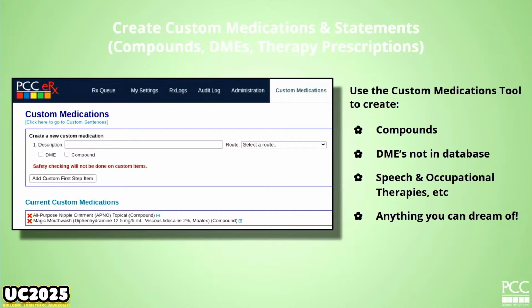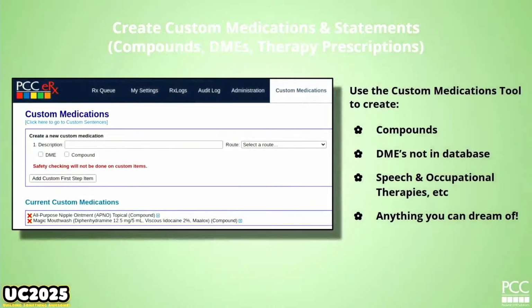I will gently interrogate you with what ingredients you like, because if you say nystatin, I'll say, well, there's 3 different kinds. Like, which one do you actually want? This will help that set of ingredients get to the pharmacy to prescribe what you want. Things like pantoprazole, they know how to make it. You don't have to tell them. But pantoprazole, omeprazole, clonidine, all of those are manually compounded by your pharmacy, so be nice. Those are not commercially available. They have to grind those up, and that's why you don't see them in the system. So if that's something that you want to add, come see us this afternoon, and I can show you easily how to do that. This is a great place to add speech therapy and occupational therapy prescriptions. You can do that as well.